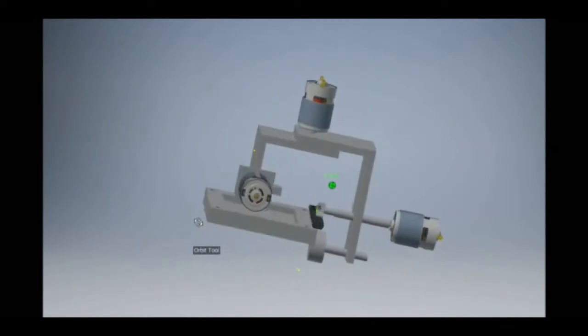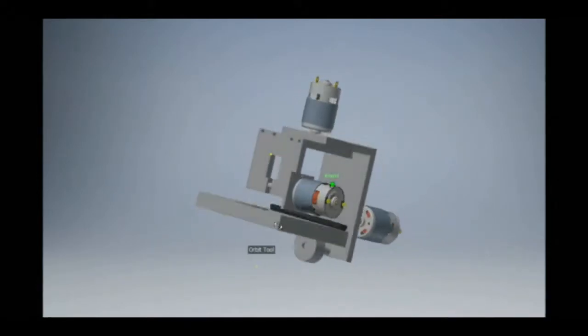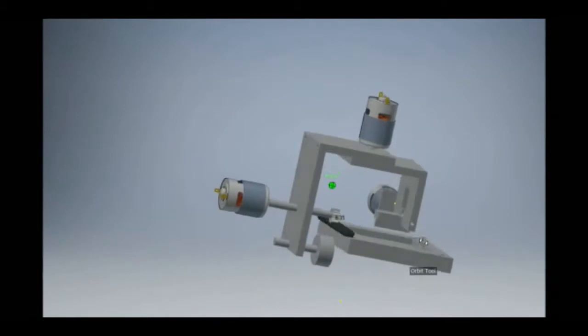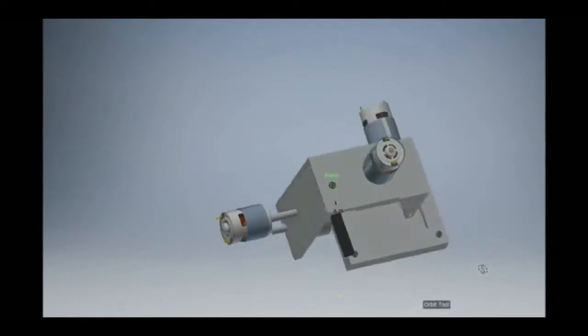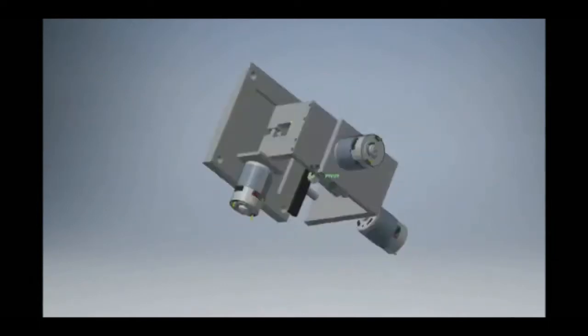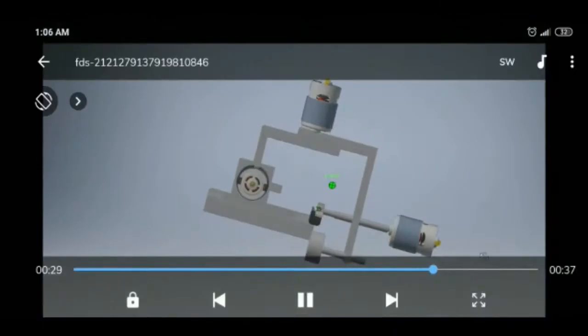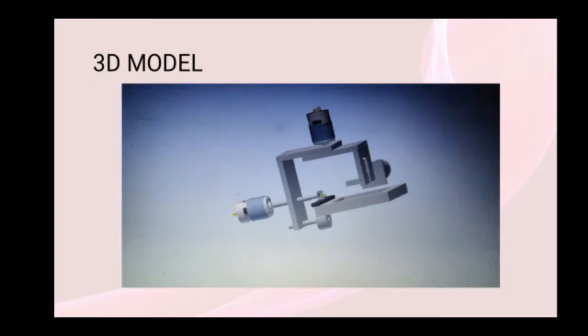Here now you can see the entire system and all the subsystems. The first subsystem is movement unit or the movement subsystem. Second one is rotating unit or the rotating subsystem. And third one is striking subsystem. And a carom board placed in between the movement unit. So now let us see all the subsystems one by one.